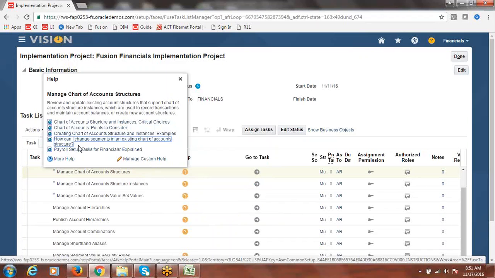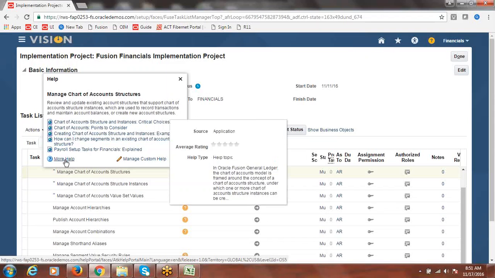If you need more information than this, there is a hyperlink here, simply click on more help. It will take you to a separate Oracle help page. It's good information they've given in the help section.